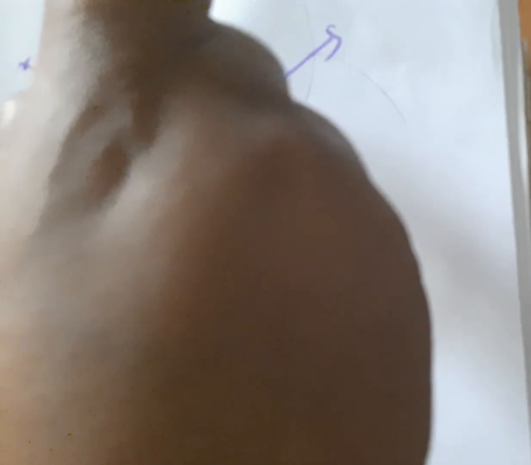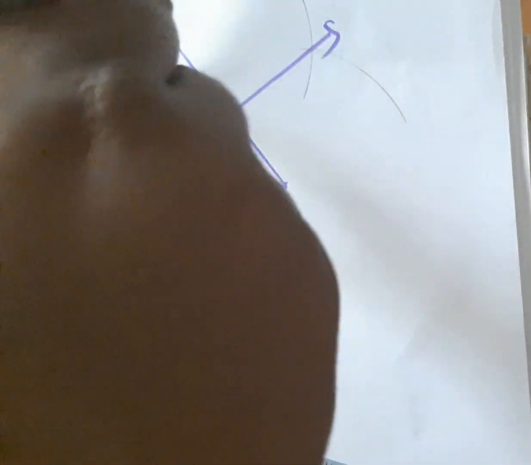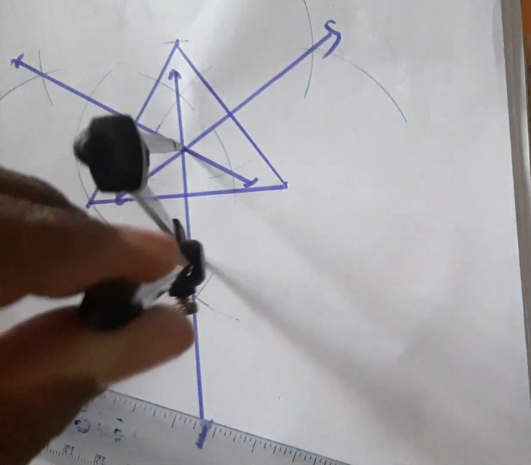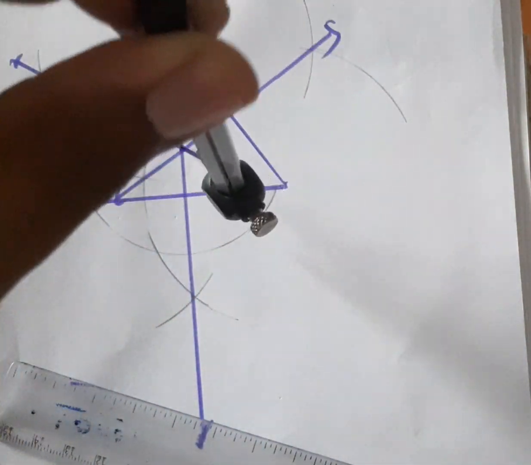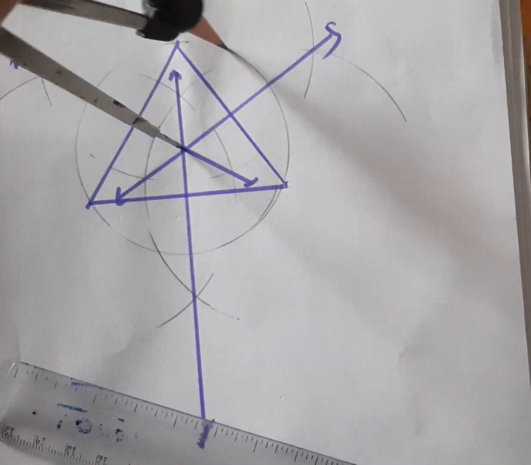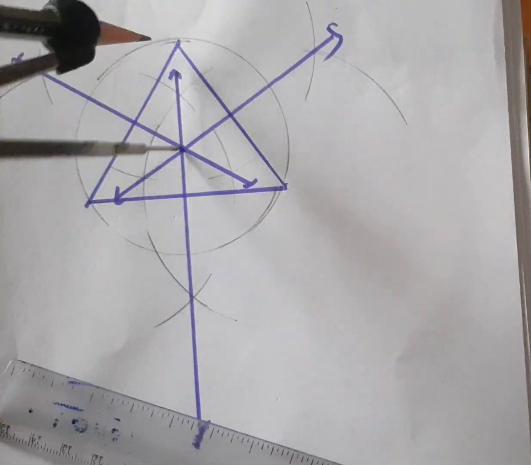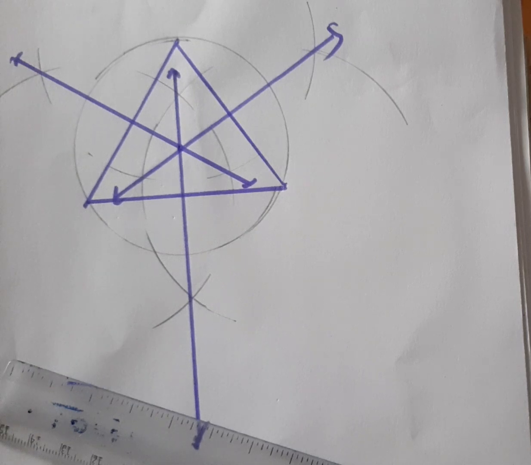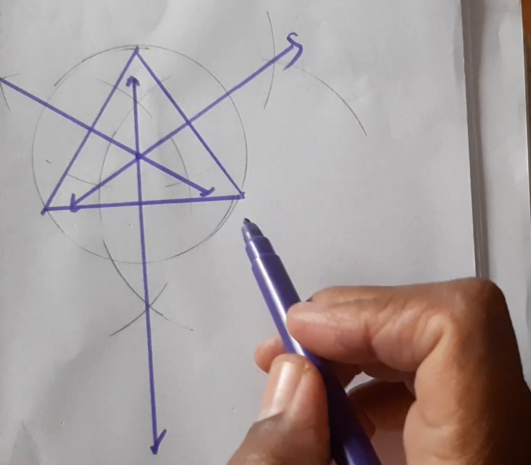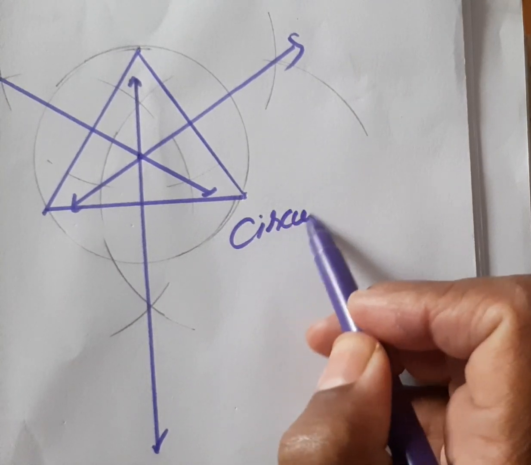Outside the triangle. Last time what we drew was inside the triangle, but here we will draw outside the triangle. So this is called a circumcenter. Outside the triangle, this is called a circumcenter. Understand? Now next I will explain, this is called a circumcenter.